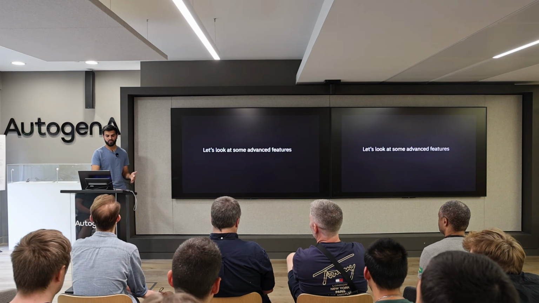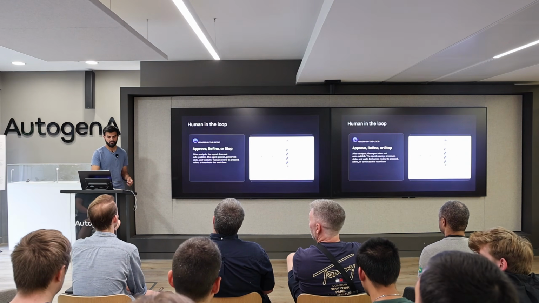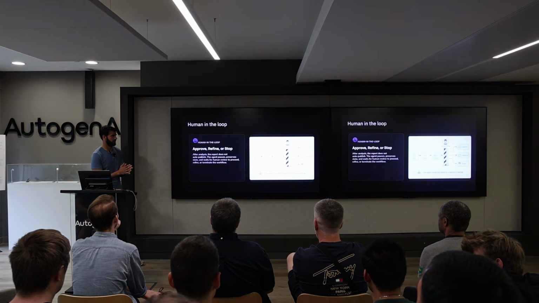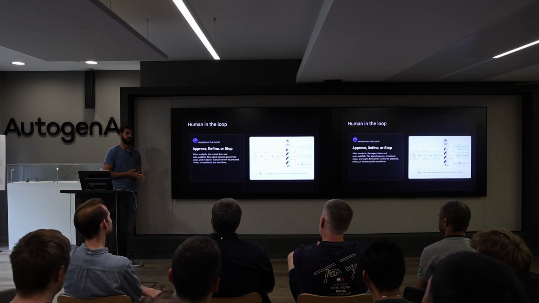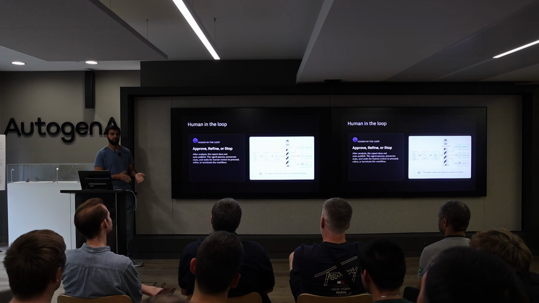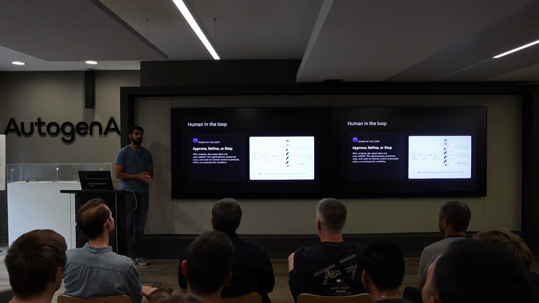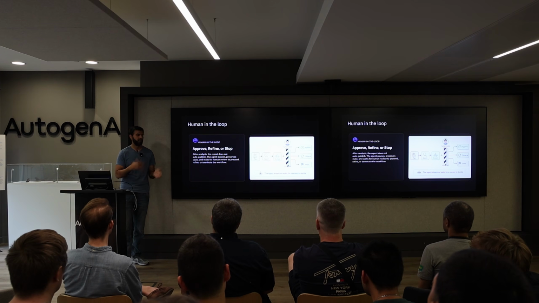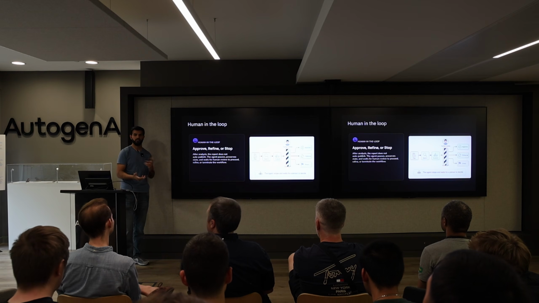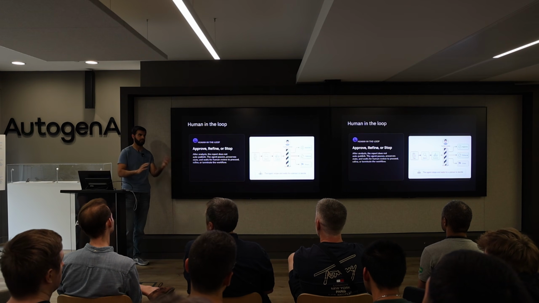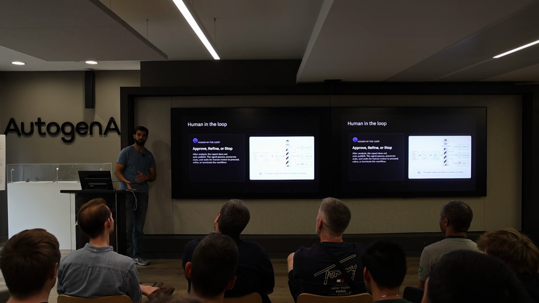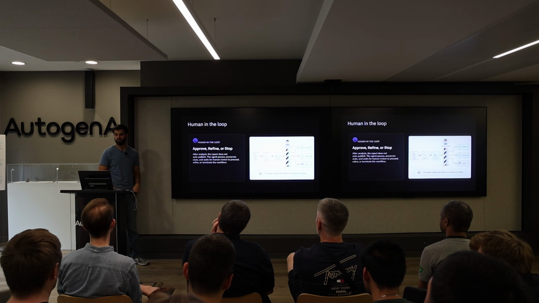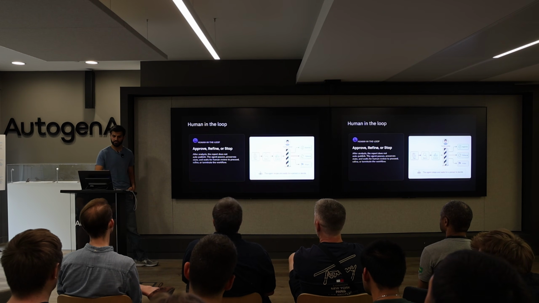So let's look at some more advanced features. Human in the loop, right? Human in the loop is very important for agents. I think for most of your agents that are at least doing some kind of write or producing some kind of report at the end, you need human in the loop in there. There are various ways, with different people building human in the loop infrastructure in different ways. Usually it's mostly event driven in some kind of way, right? It's async because you have to wait for the human to analyze and approve it.